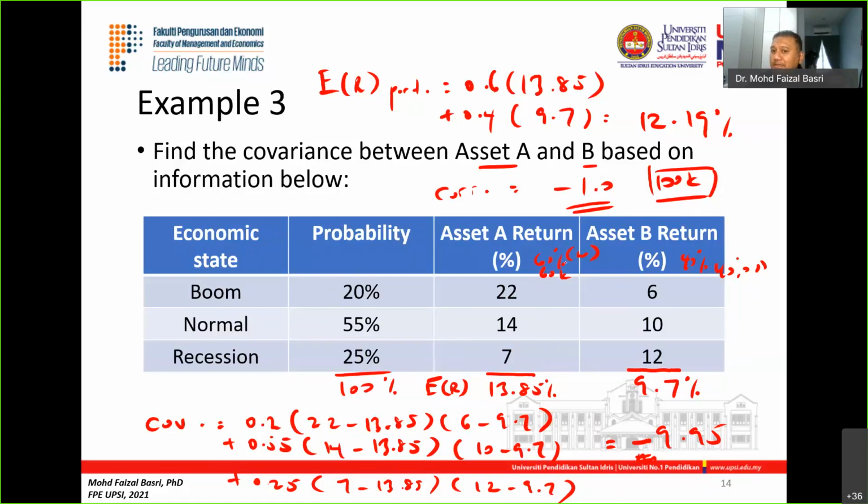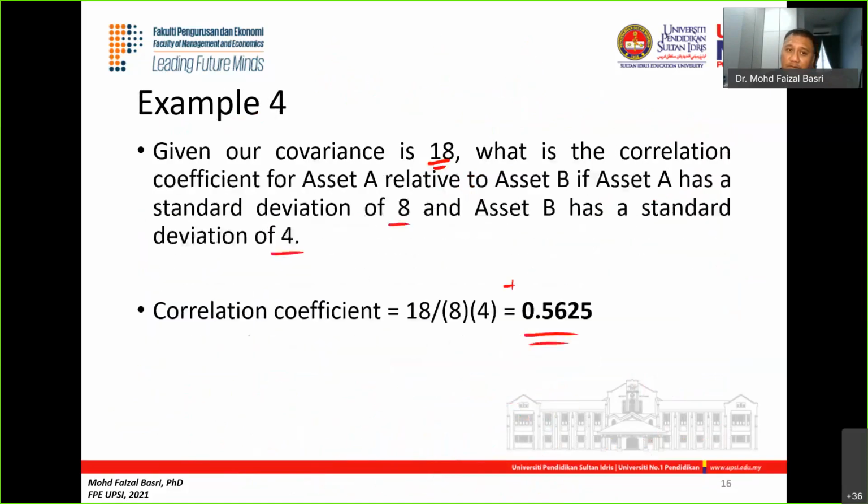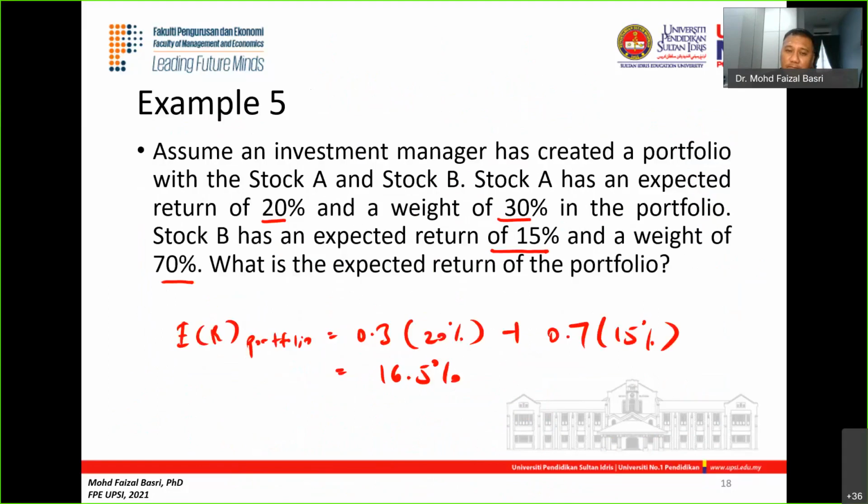So I combine: some of my investment I put in investment A, some in investment B, in this 60-40 ratio for example. By doing this, I have to sacrifice some of my return. Instead of the maximum of 13.85, I get 12.19, which is still higher than stock B alone, but I can reduce my risk. So this is the purpose of a portfolio: we minimize our risk while trying to get the maximum return possible. That's the ER of the portfolio.